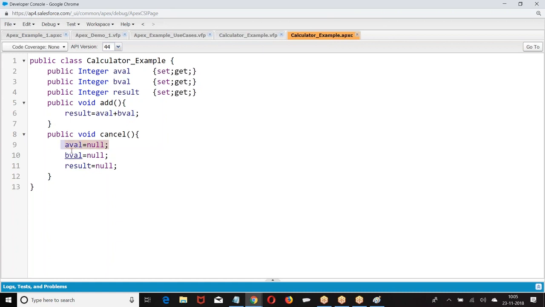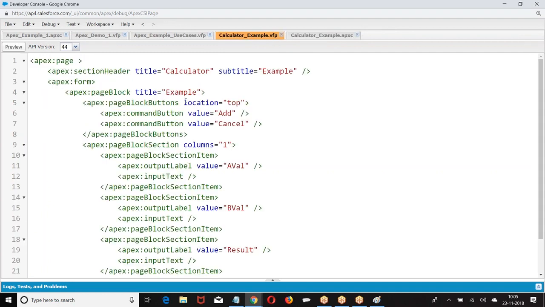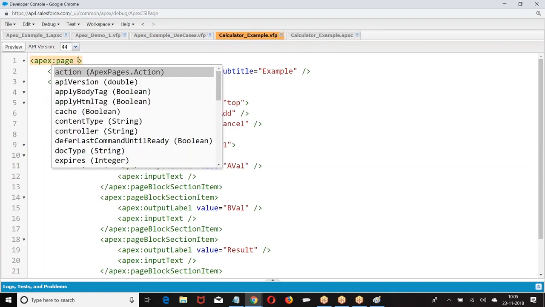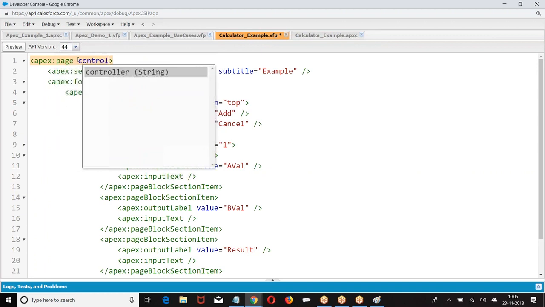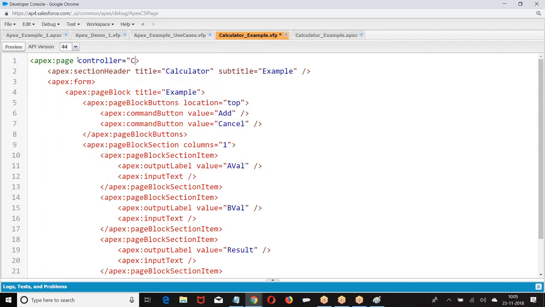A value, B value, result. Now if I want to use that, calculated.